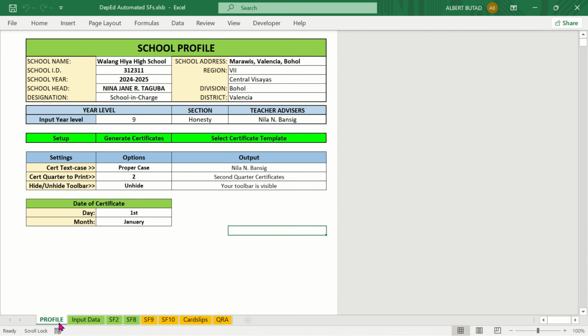So first things first is you need to change the school ID, school year, the school head, as well as the designation. Could either be principal 1, 2, 3, or 4, or is IC or teacher in charge or TIC. And also the school address, the region, 7, division, district. You have to change all this except the school and the name of the teacher advisor because the school and the name of the teacher advisor will be automatically generated once you have encoded the exact activation code provided by